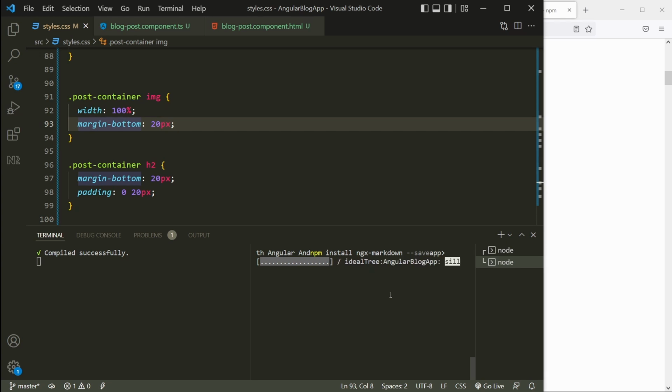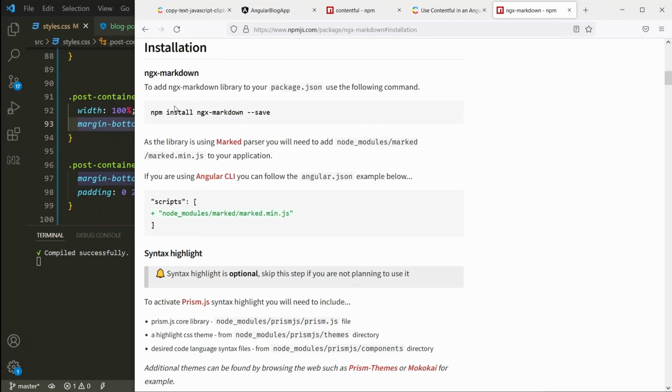And this will basically do the rendering of the Markdown for us, and we will be able to display HTML inside our application. The second step that we have to do as part of this is to add this location into the scripts inside the angular.json file. So I will copy this path,